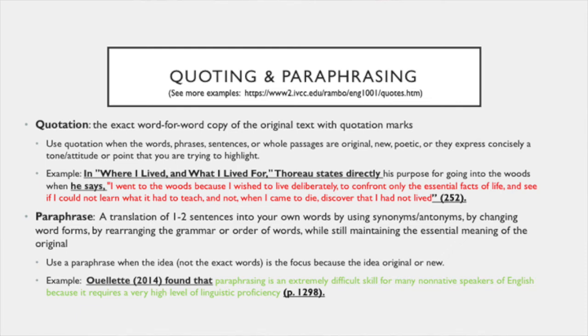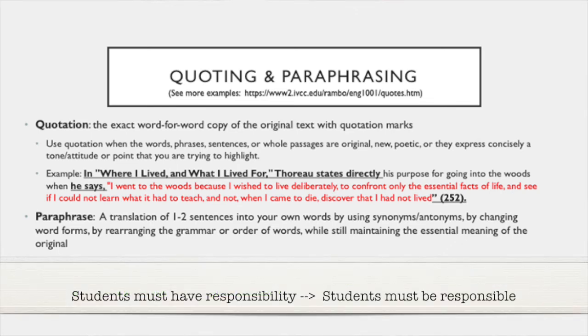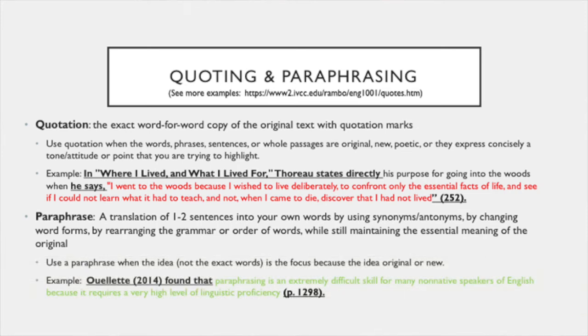So if I say, for example, students must have responsibility, I might, instead of using the word responsibility, use the word responsible. I might say, students must be responsible. The grammar slightly changes. Or I might even change the whole word order. I might say, being responsible is